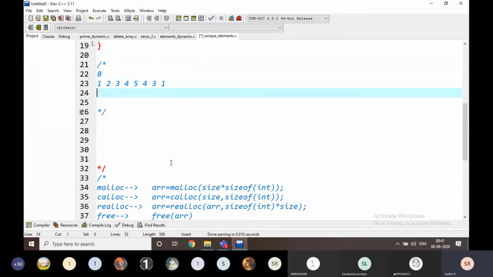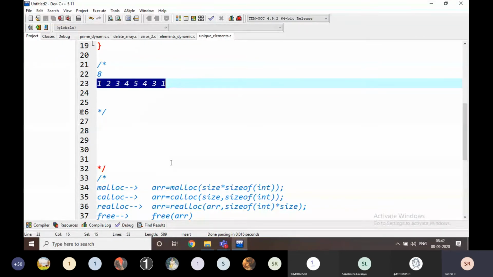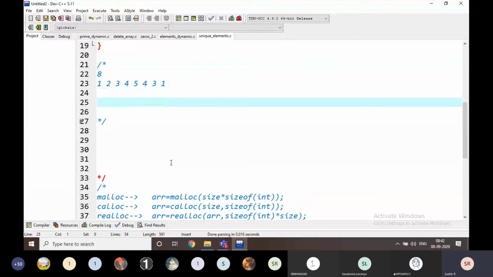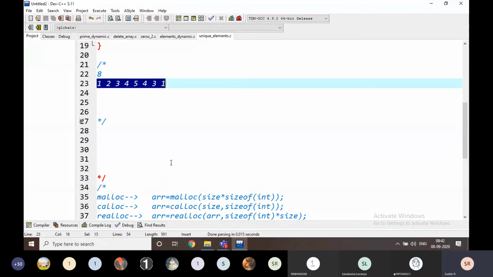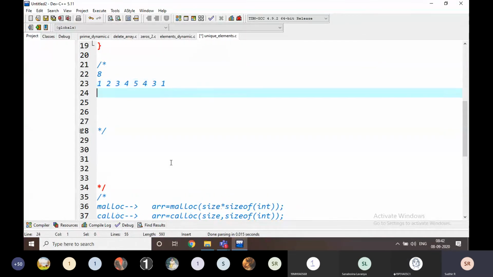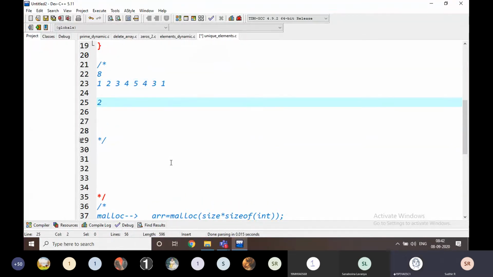The input is 8, for example, and the elements are like this. And I'm going to find how many values occur only one time in the list. How many values are there? 2, sir. Only two values. What are they? 2 and 5. 2 and 5 is the output.